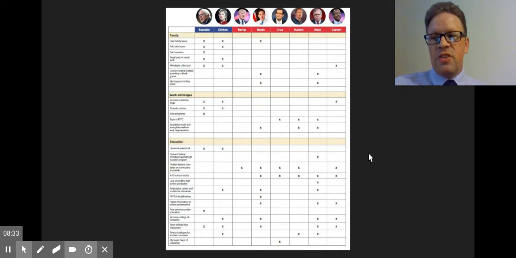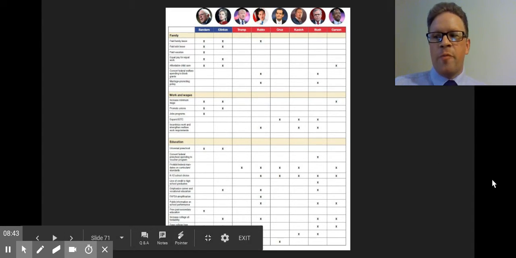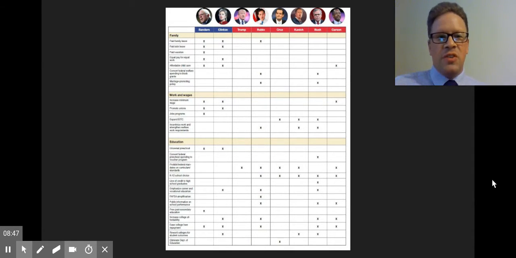information about candidates. Now, I should point out, if you're looking for unbiased, depending on where you look for it, you might not find it. If you're looking for your unbiased information from Fox News, which is, in a sense, a Republican mouthpiece cable news network, you're not going to find it there. If you're looking on MSNBC for your unbiased news, you're not going to find it there also, because that's the Democratic Party mouthpiece network that's saying things that only Democrats want to hear.